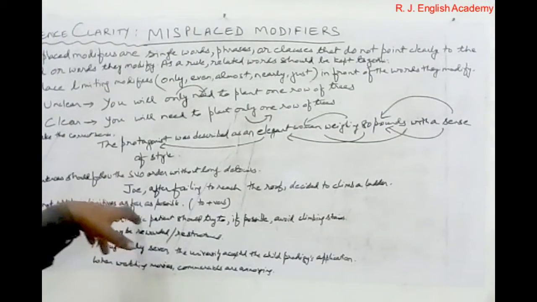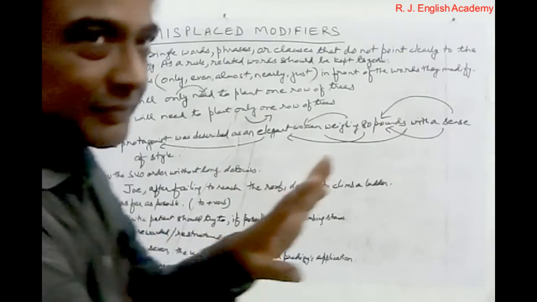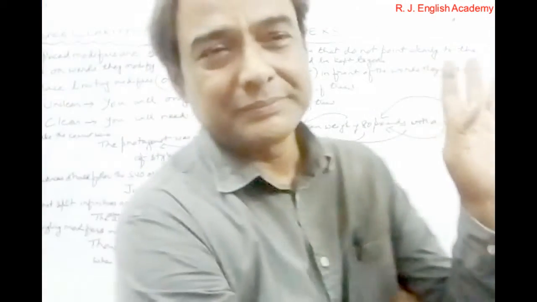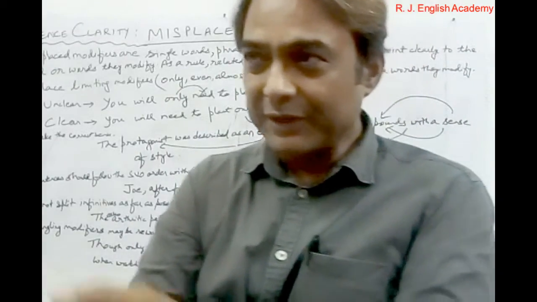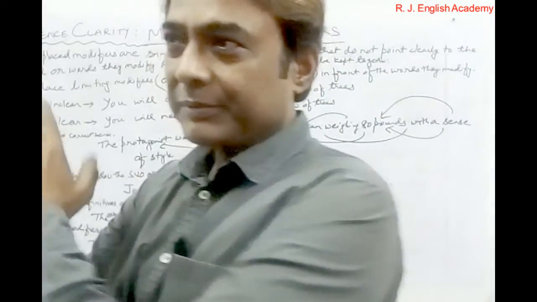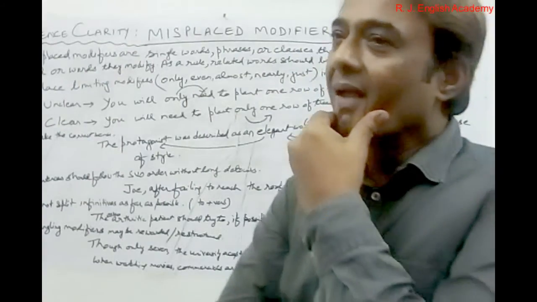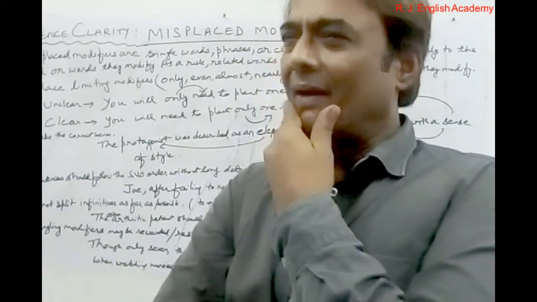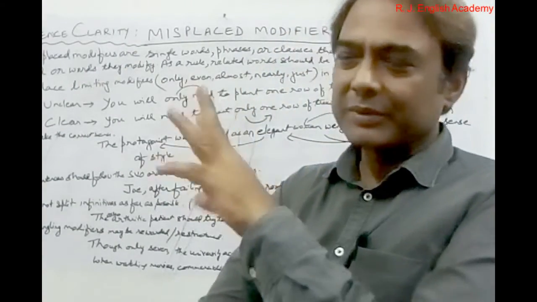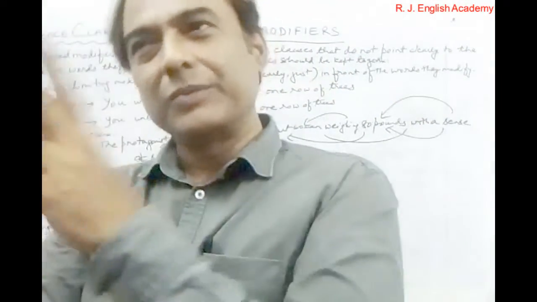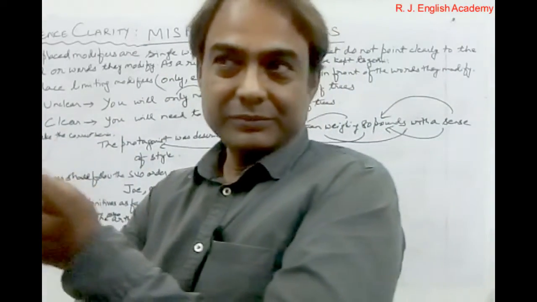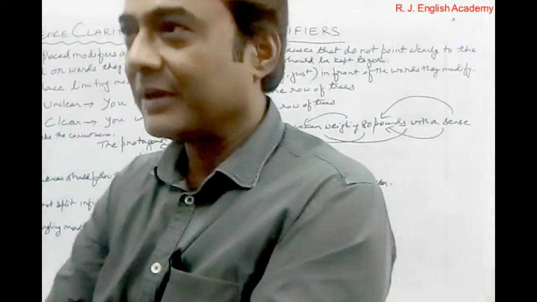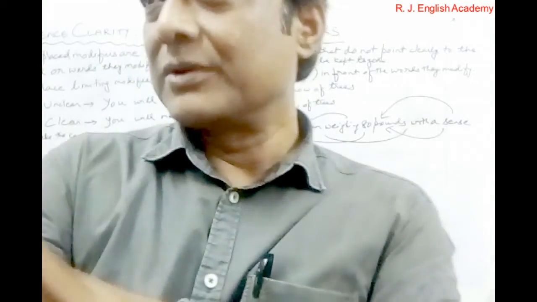Then we do not split infinitives as far as possible. If you need to, you can split an infinitive. Infinitive is to plus some verb. So don't try to split it. Don't place the verb separate and to separate. To verb should come together. That's an infinitive. Don't try to split it. But yes, if you need to, you may, obviously. Generally, do not